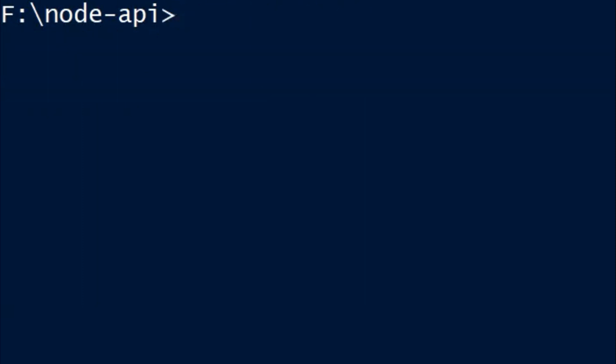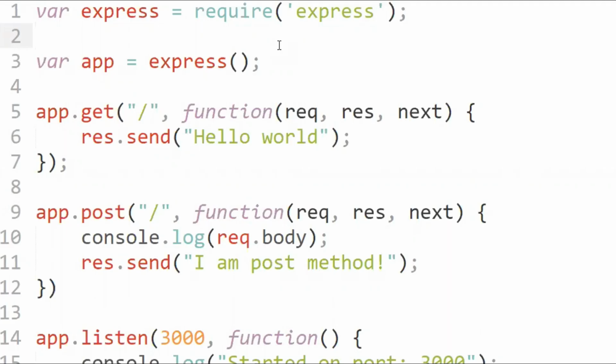Body parser is actually an npm module. It is a part of the Express module. So whenever you install Express, body parser will automatically be installed for your project. To use body parser, just import the module in your server file.